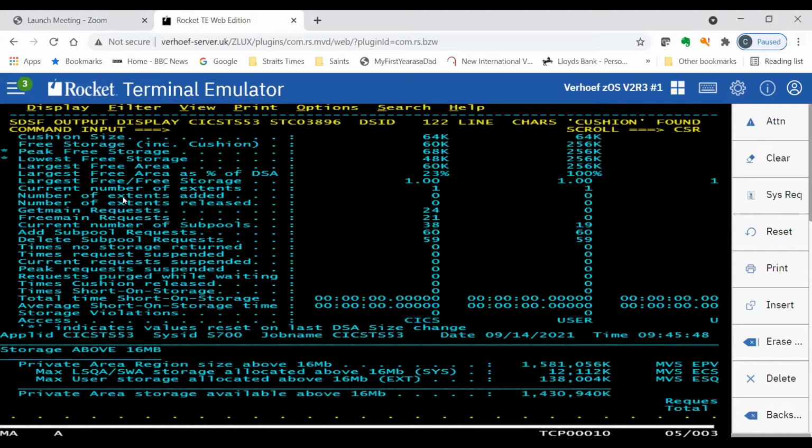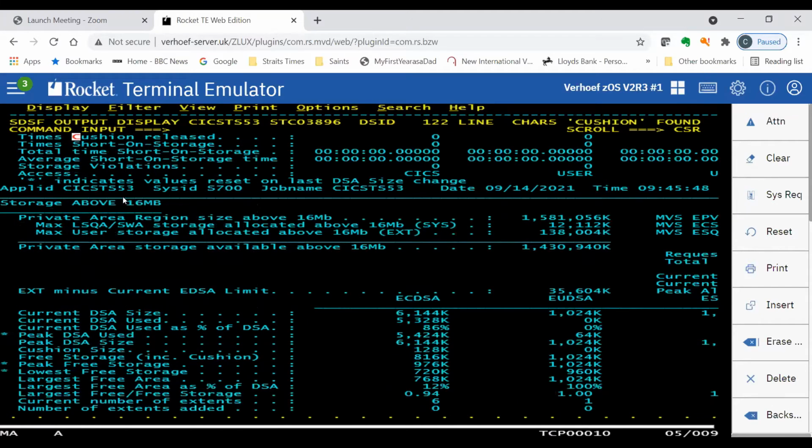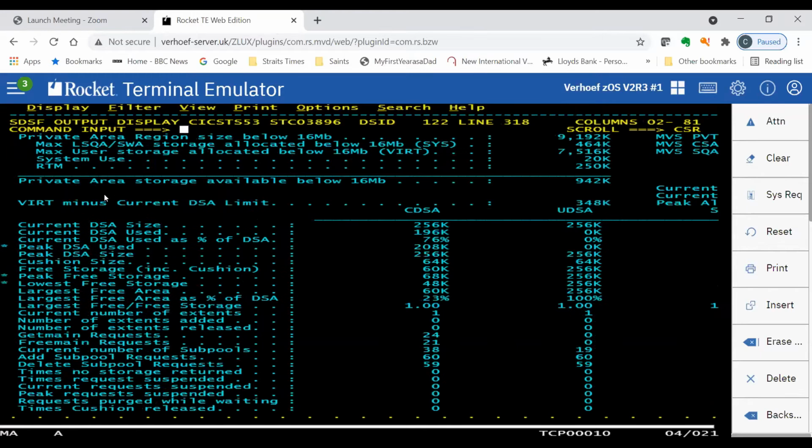So that's nearly half of the total amount that's in the address space. In fact, it's more than half of what you'll get anyway, because I'll be surprised if you get any more than 1400 or 1500 meg in the 2 gig allocation, because above us is MVS systems. So we won't get any more than that. Well, I've never been able to get any more than that. So one of the things we need to look at is the cushion size.